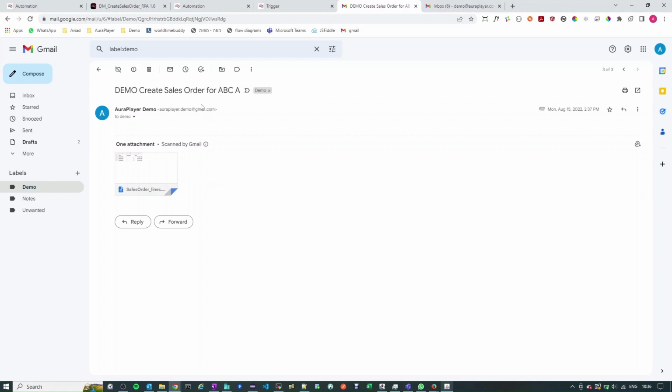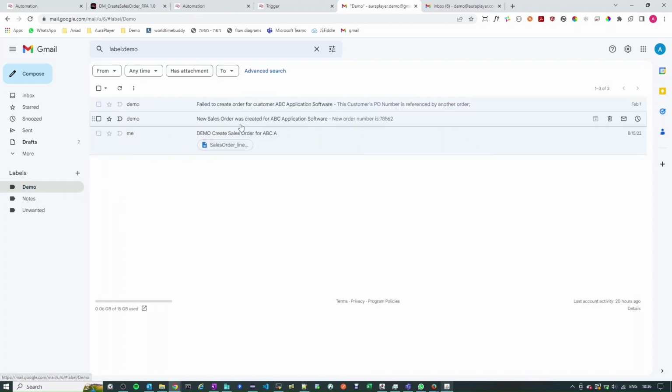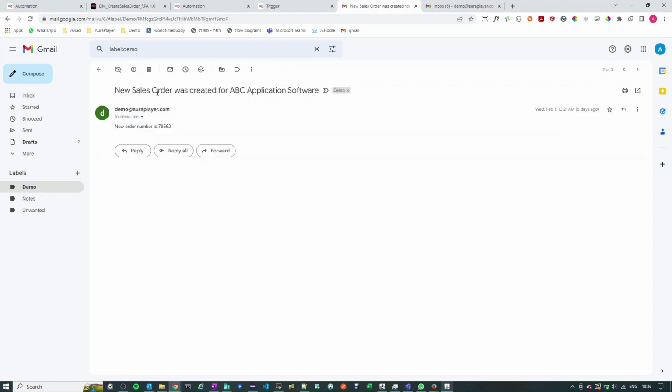For example, if I go here, we can see an example of an email that I've created and sent to my service manager system. You can see how it looks. I'm saying create sales order for, this is the customer name, and this is the attachment that I want to be processed. And once it is processed, I can get one of two options. I can get an email saying that a new sales order was created successfully and this is the new number,